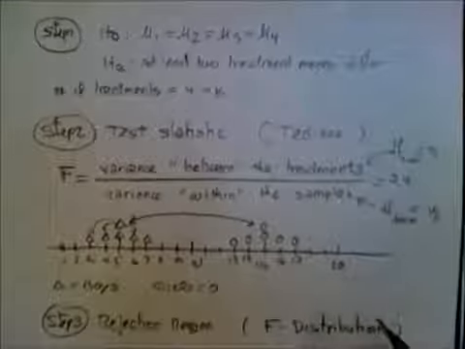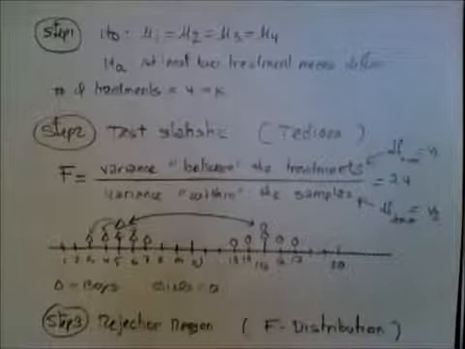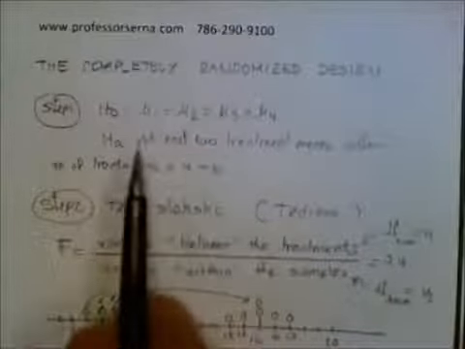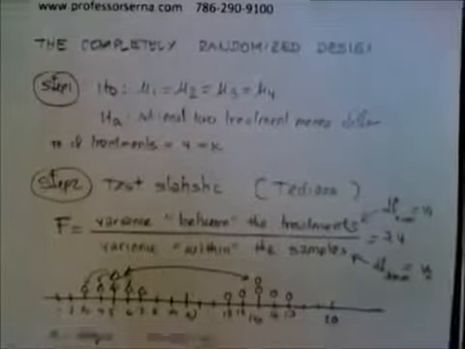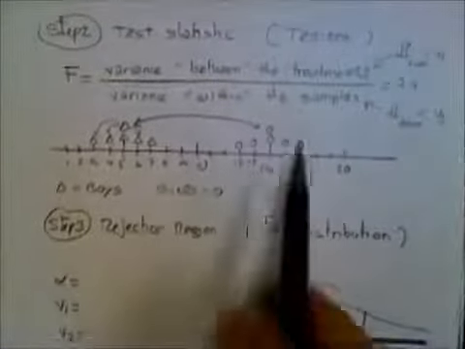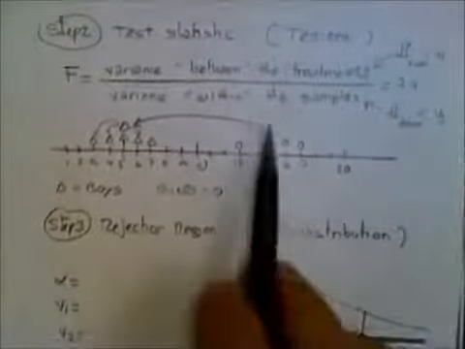But I want you to have a bird's eye view first of what ANOVA is. We're going to have to set up the null and alternative hypotheses. We're going to find the test statistic. That is the part that I'm telling you is very tedious, and people normally don't do that by hand. That is done by software. And when I give you the details of how this is calculated, you will know what V1 is and